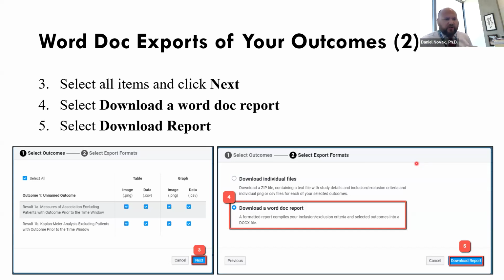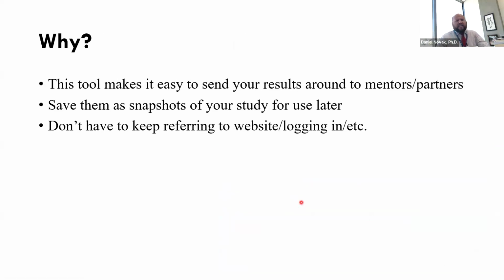This has actually happened to students before. As new networks come to TriNetX and bring new data, it becomes harder to make sure that your data is identical each time. So when you are exporting all, you can choose to export all of your results, 1A and 1B from each outcome. And then you can choose to either export it as individual files, which can be very useful in working with my TriNetX toolkit that I will be sharing out more broadly later. And you can also download the report as a Word doc, which is really great for just locking in all of your stuff. So this makes it easy to send your research results around to mentors or research partners,